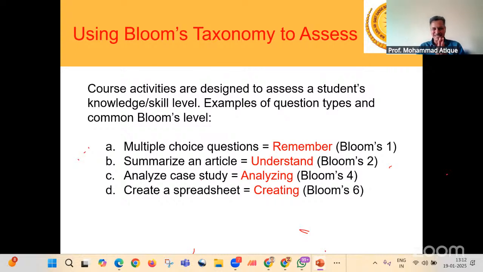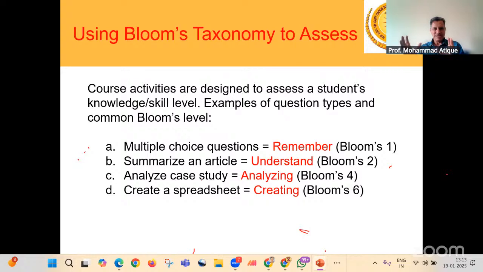As I said, I will be focusing on how we can use ICT for making assessment in general, right? Now, let me relate this with the help of Bloom's taxonomy. If you are setting up certain questions which require MCQ sort of things, you are working at the bottommost level, which is Bloom's level 1.